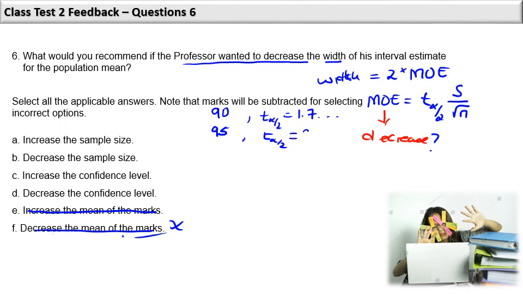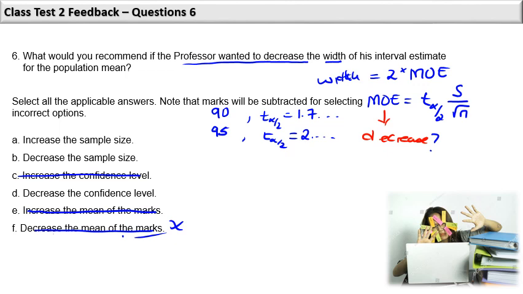Your T alpha over 2 will be 2 point something something there for the 11 degrees of freedom. So in a way, increasing the level of confidence will, in actual essence, increase your margin of error. So it's not decreasing your margin of error. So that means this one